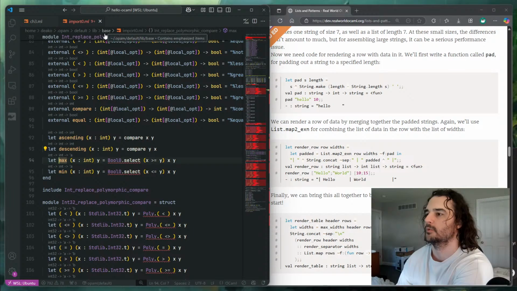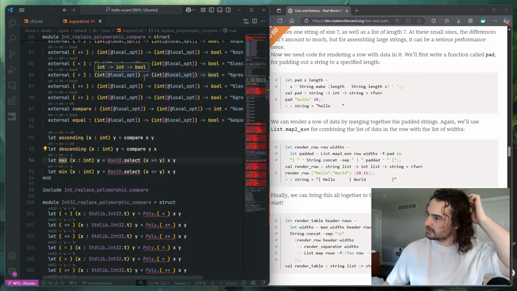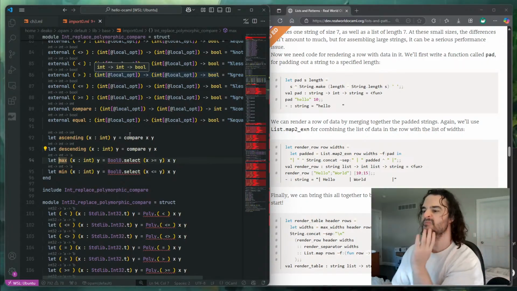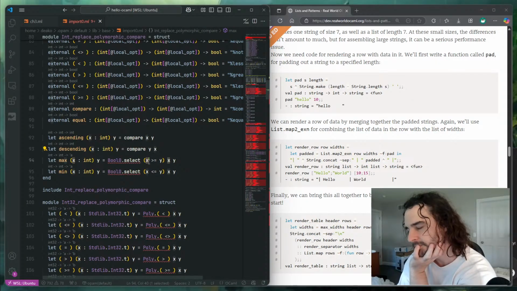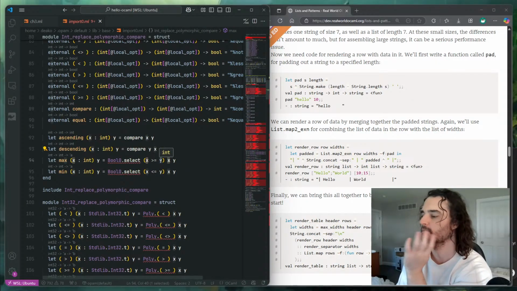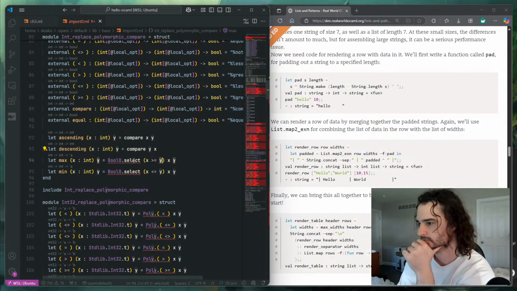So we're using the base standard library instead of just the OCaml standard library, and here we have max and min. So max is going to take two integers, and it's going to compare them. So if the first is greater than or equal to y, we're going to